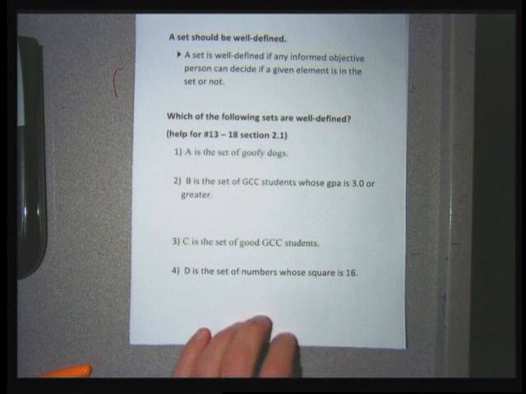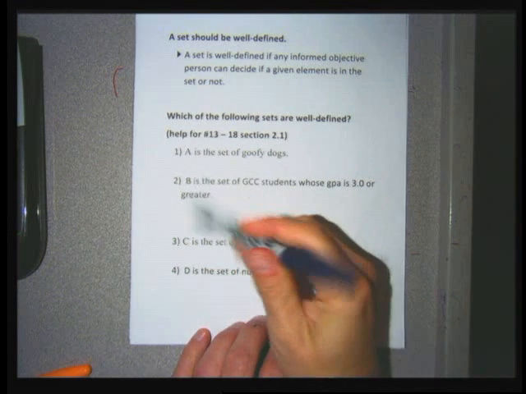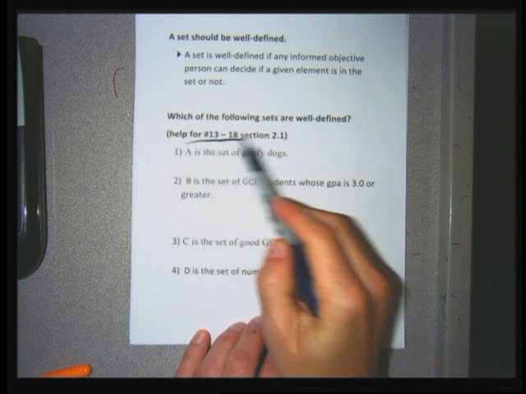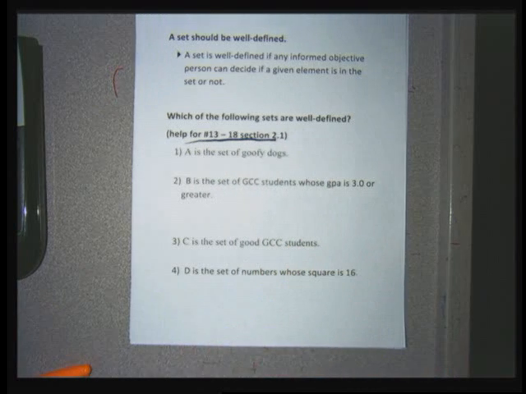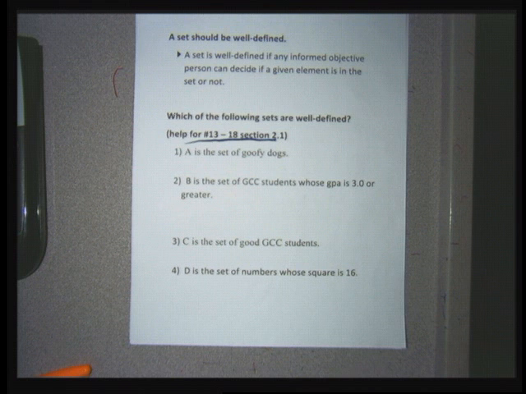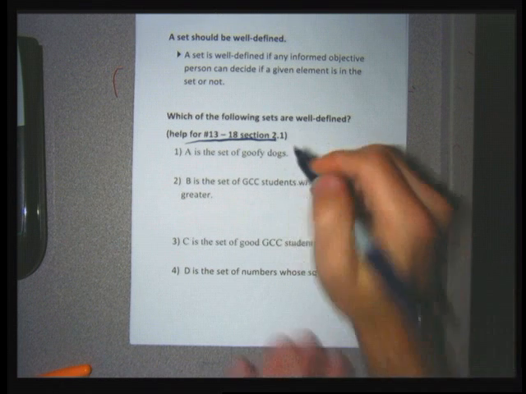So in each of the problems here that are supposed to help for problems 13 through 18 in section 2.1, I give a name of a set, and I describe the elements that are in it, and then we'll have to decide if it's well defined or not. As I read through these, the first set A, the set of goofy dogs, that's not supposed to be well defined. Goofy is too subjective of a word to determine. If I pick out a dog, not everybody might say that dog is goofy. So this is not a well defined set,